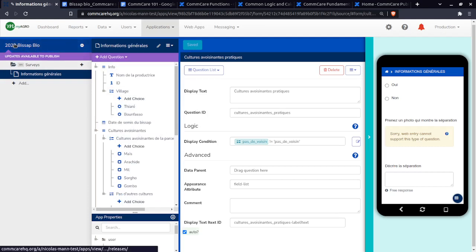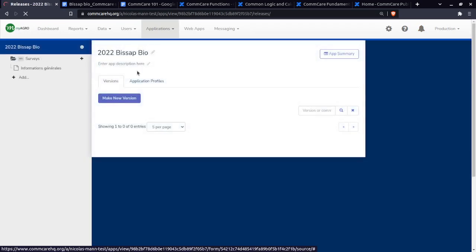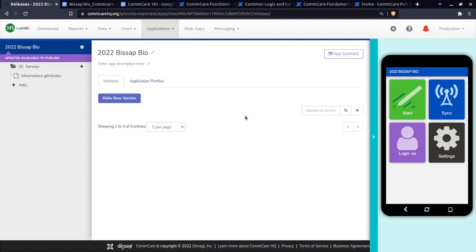and then come up here to the title of your app. You'll notice that it's been saying for a long time now, updates available to publish. This just means that I've clicked save at least once, and I haven't what's called deployed a new version, or published a new version. So if I click on this, I'll go back to the home page of this app, and this is blank now. There's nothing here. But when it's telling me that there's a new version and I'm ready to make a new version that's available to the users, I can click on make a new version,